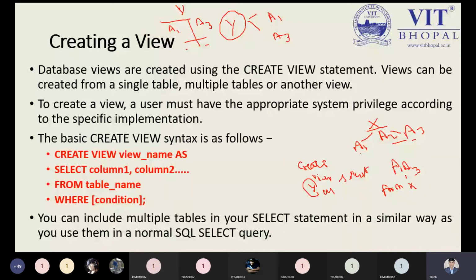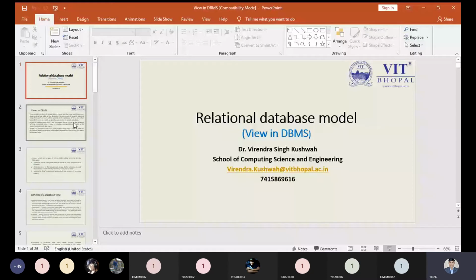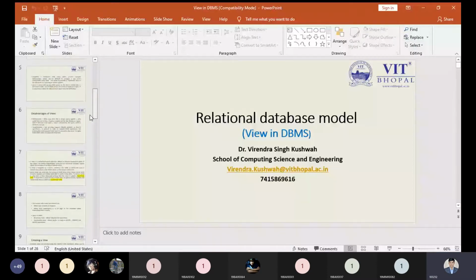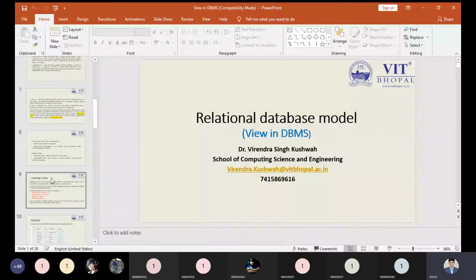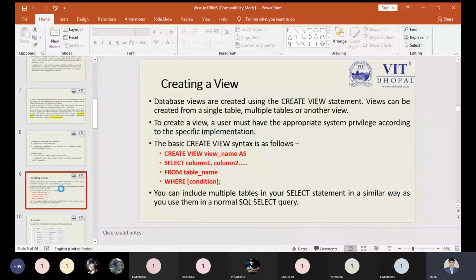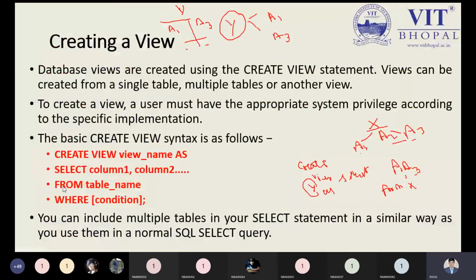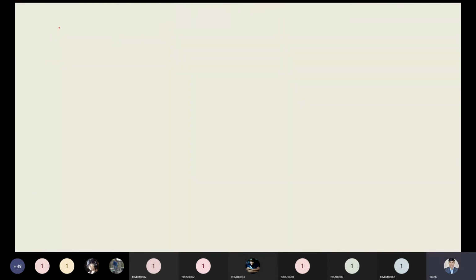Just here I need a question from the student. If I just want to create the view from the syntax, then how can I create it? Let me explain with a simple example. See, my dear students, I have an X relation. This is the X relation. Please keep in mind I am explaining the view concept in a practical way here, then you can understand. I have only 5 different attributes in the X relation.